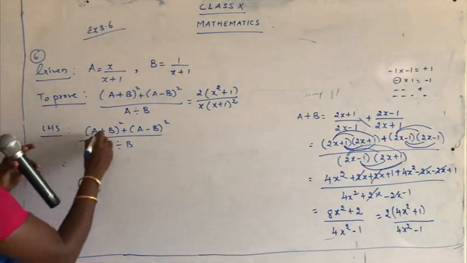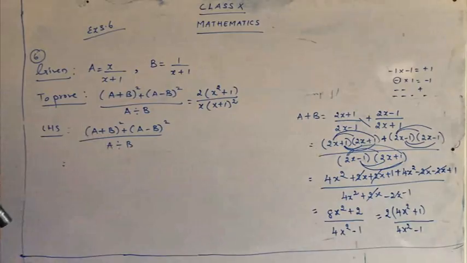So what do you get here? Let's open the expansions. (a + b) the whole square. Just apply the identity that you have studied in your lower classes. This is a very simple identity. Everyone remembers the identity? Okay, just say the identity. What is (a + b) the whole square? Yes, a square plus 2ab plus b square.